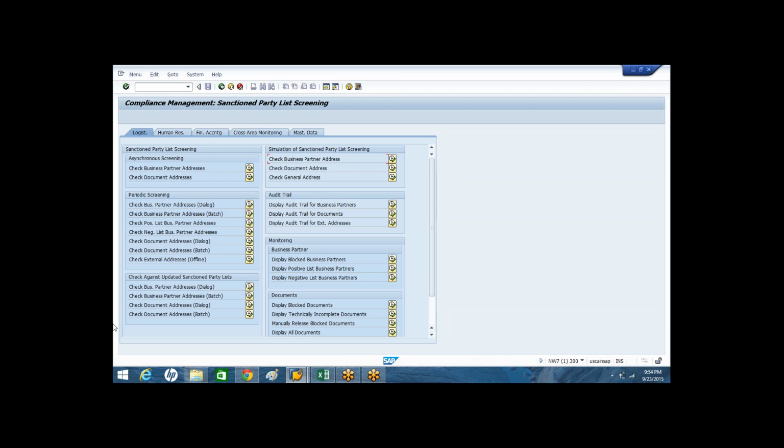Once you add that member to the positive list, whenever the system is performing the SPL scanning, it will not take that positive list into consideration for the SPL scanning. These kinds of benefits are available using the simulation process. That is the reason SAP provided it. If anybody would like to do the simulation, they can find the results, and according to the simulation results, they can take an action.